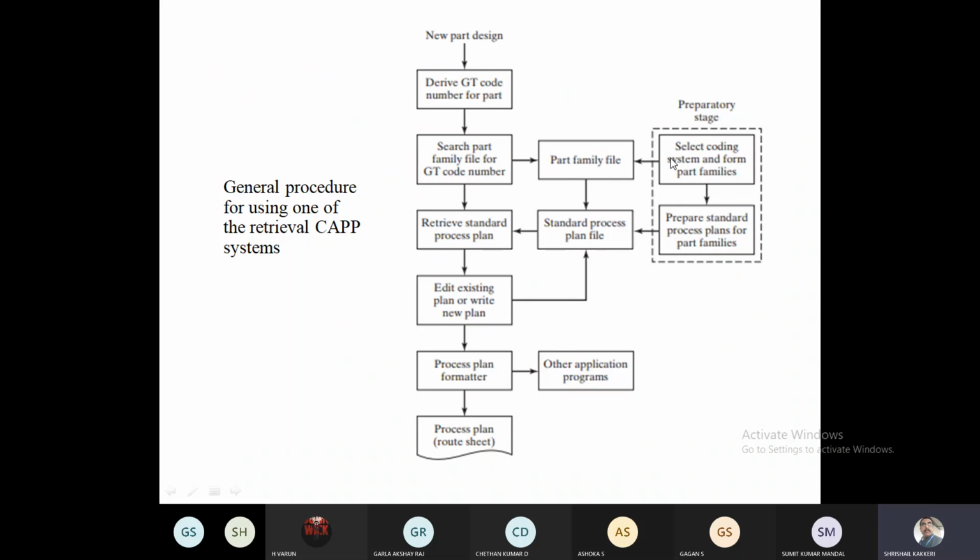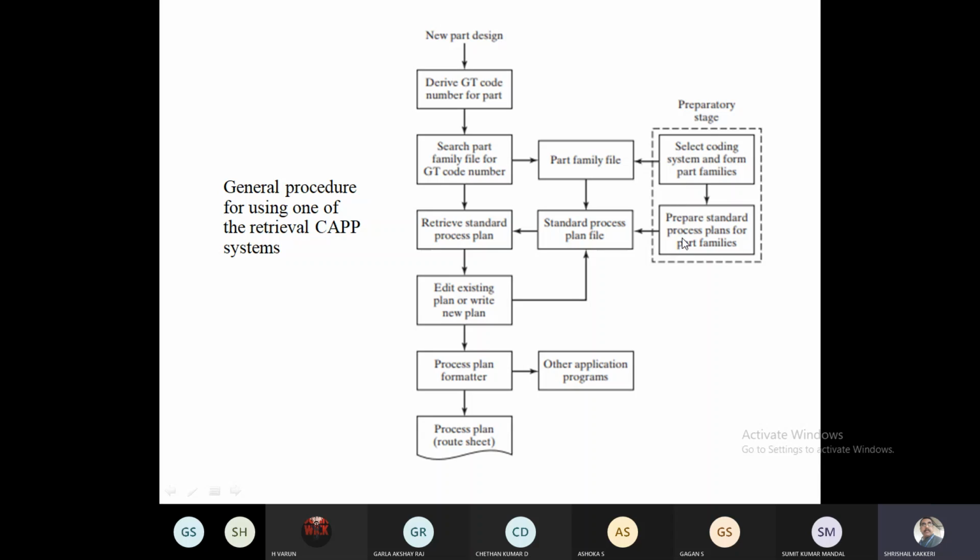So that means, for example, a 30 mm MS rod on which I have to do the turning operation, and you see the GT code, the group technology and geometric coding. That means some of the information which is required for the turning operation, that we are going to collect.